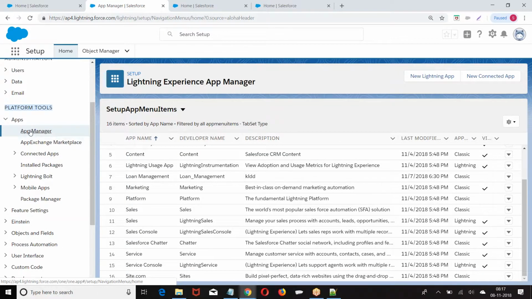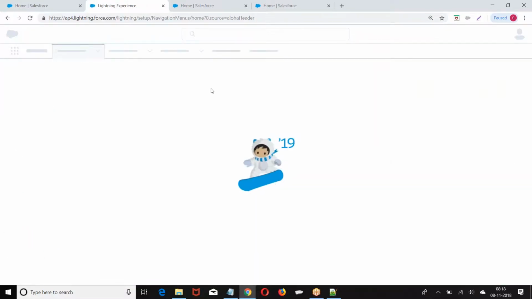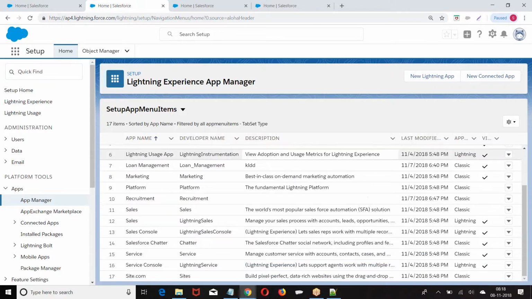Look at the option. We will be having a recruitment app. We have a recruitment app which is a classic. Look at this: Visible in Lightning.